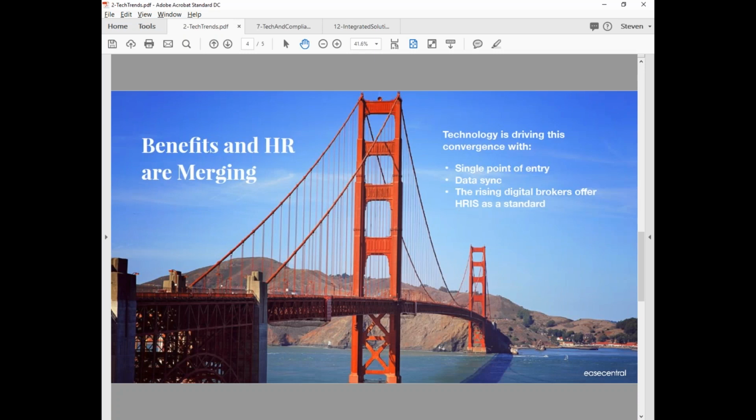The technology that's driving it comes from very common, practical aspects, such as a single point of data entry. The employer doesn't want to put the data in over and over again, because of errors. Being able to sync data across multiple platforms. Obviously, you have things like payroll and compliance and HR and onboarding. And like I said earlier, the rising digital brokers have made these small businesses aware that this is available, and